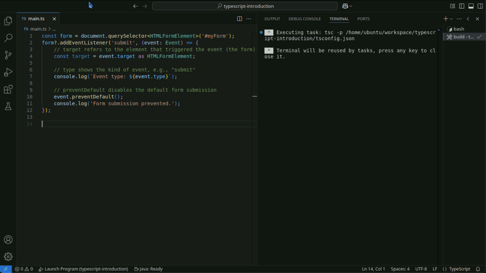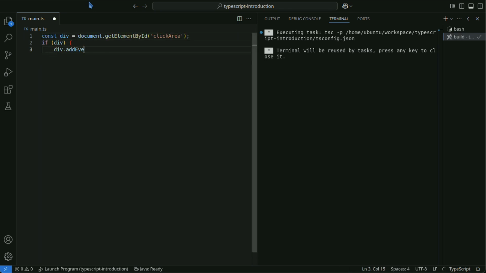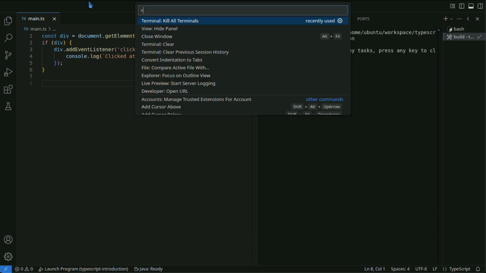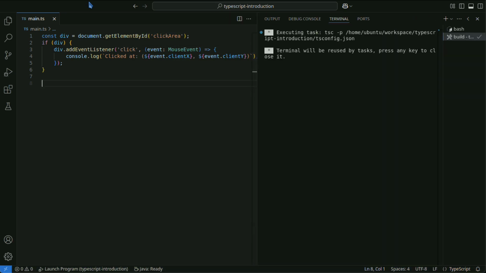MouseEvent represents events related to mouse operations. Mouse events such as click and mousemove use this class. This code is an example of using MouseEvent to log the mouse coordinates.